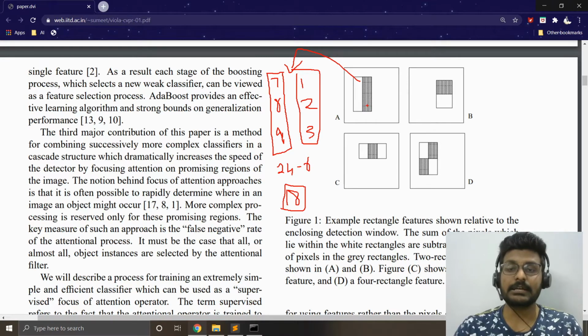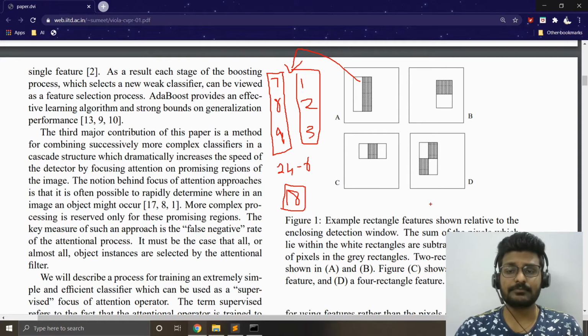Likewise, we'll be applying these kinds of filters onto the images to get numbers like this. Using these numbers, we'll try to detect faces or any kind of object. Extracting the information from here will help us understand how the object is represented. But obviously, we will have a lot of images that represent a face, and also a lot of images that don't have a face, because our classifier relies on this data set: positive data and negative data.